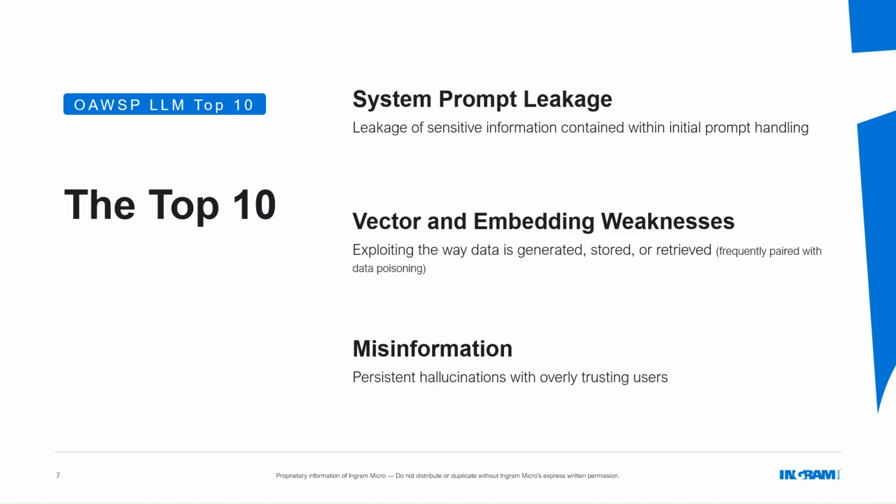Vector and embedding weaknesses is a way that data that is being put in, generated, stored, or retrieved is being exploited. An example of this would be, say you've got people putting resumes into an AI, and someone does that old school resume trick where they take all the keywords from your application and put them in white text in small font at the bottom of the resume itself. So that a human looking at it is going to have no idea that that text is there. But an AI, because it's reading all the text on there, doesn't care about the font or the background being the same color, will take in that information and then will potentially reproduce that to bias its output.